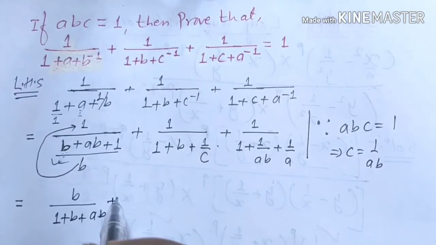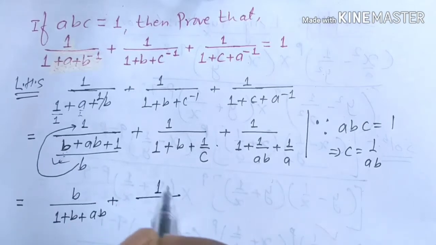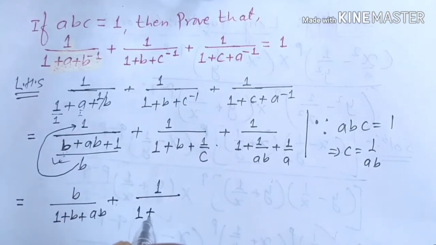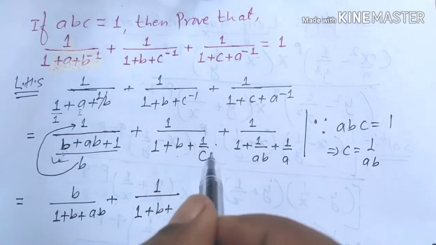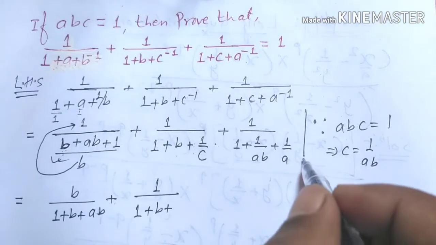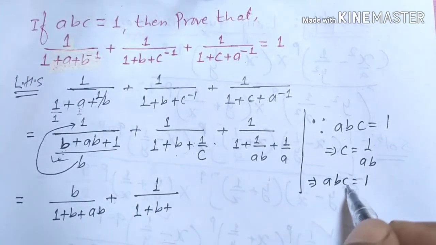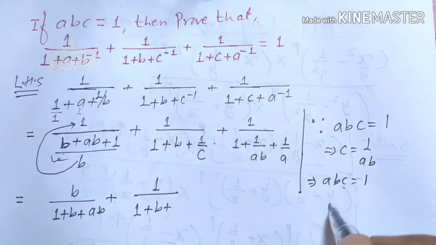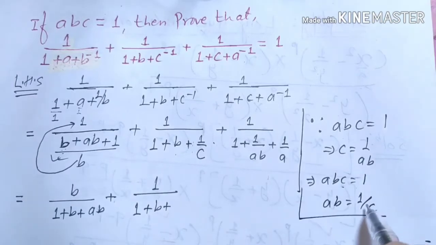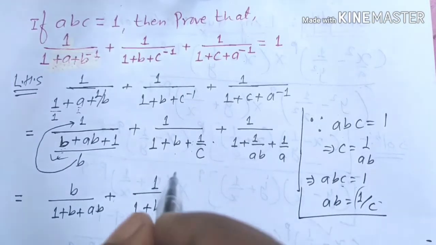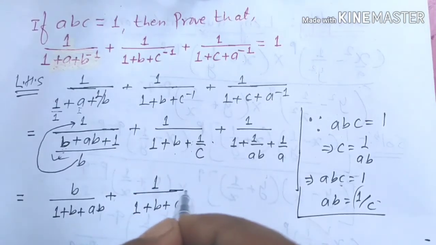And now you can see again here 1 is 1 in the second term, this one also same, this B also same. But in place of 1 by C, you can write AB. It is because you can see that ABC is equal to 1. So if C goes to the other side, then AB is equal to 1 over C. So in place of 1 by C, you can write AB. That is why here also in place of 1 by C, you can write AB. Now plus,